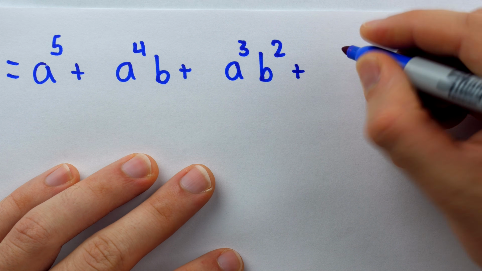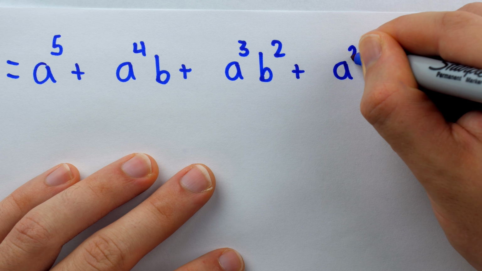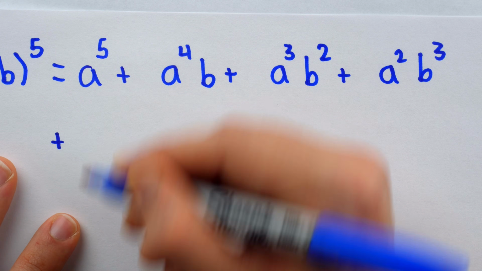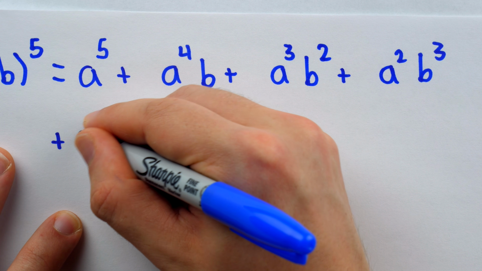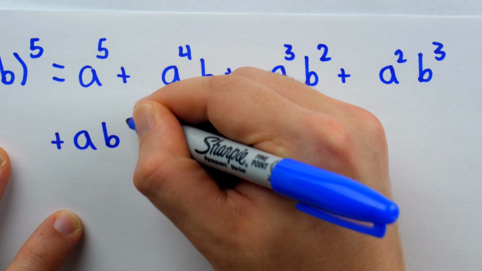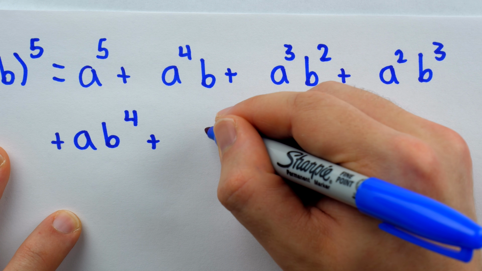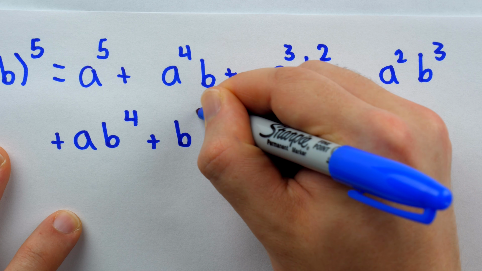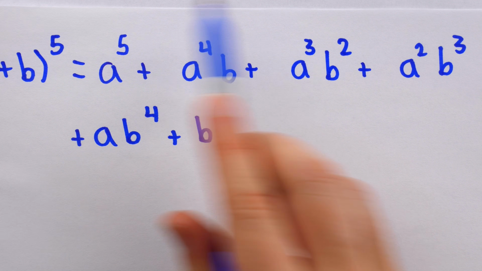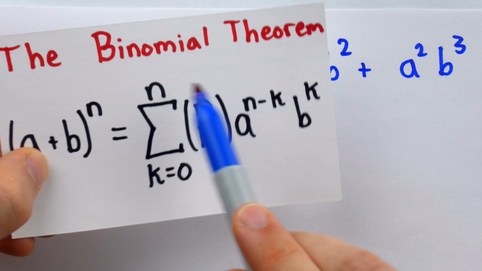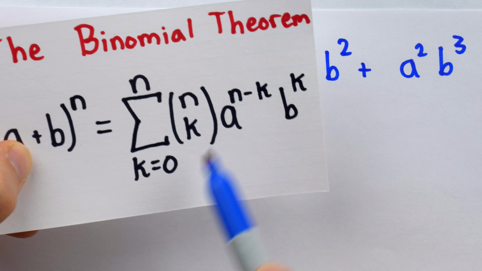Then, the next term is going to have a to the power of 2 and b to the power of 3. Going to the next line to finish writing these, the next term would have a to the power of 1, b to the power of 4, and then finally we would have a to the power of 0 and b to the power of 5. Now we've expanded the binomial except for finding the coefficients, and we can find those using our combination formula with